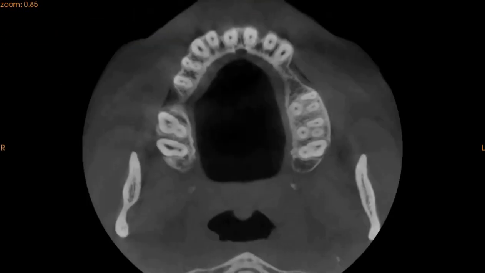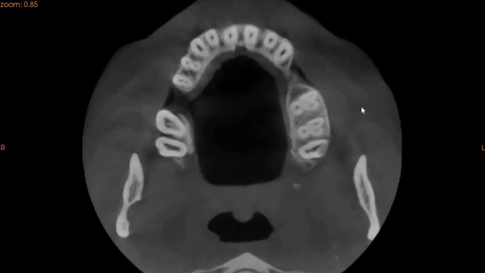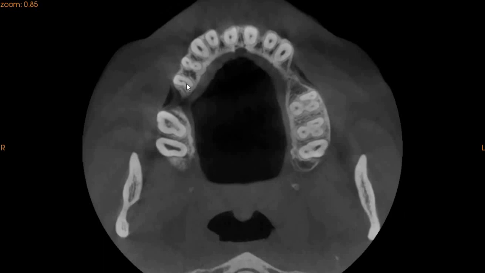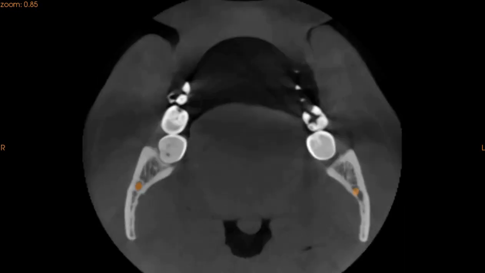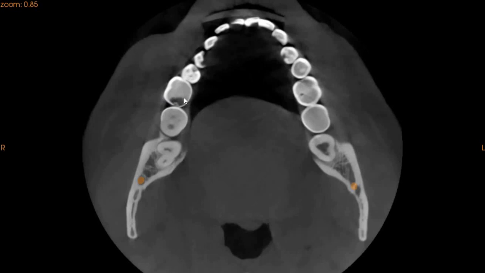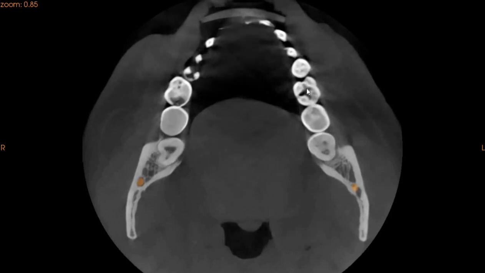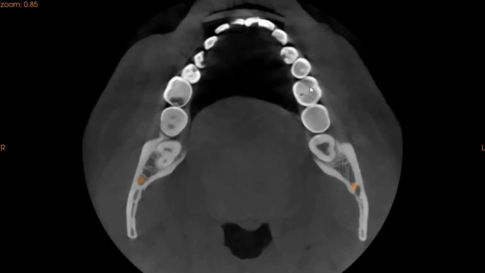On the axial view, we can show you all the bone structure. So this is the thin bone in the upper right first molar region, and the relatively thicker bone in the upper left premolar region. As we move down to the molar region, we can see that this lower right molar is significantly or grossly carious, whereas the lower left is slightly carious on the mesial aspect right here, which is visible on the